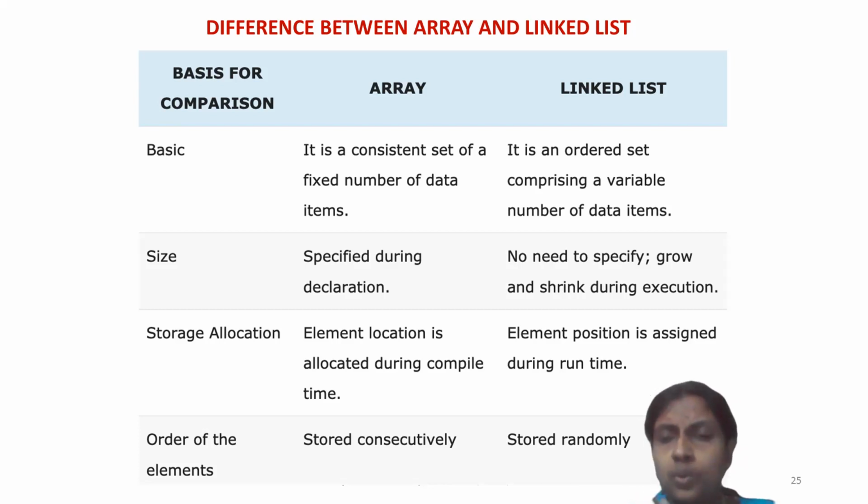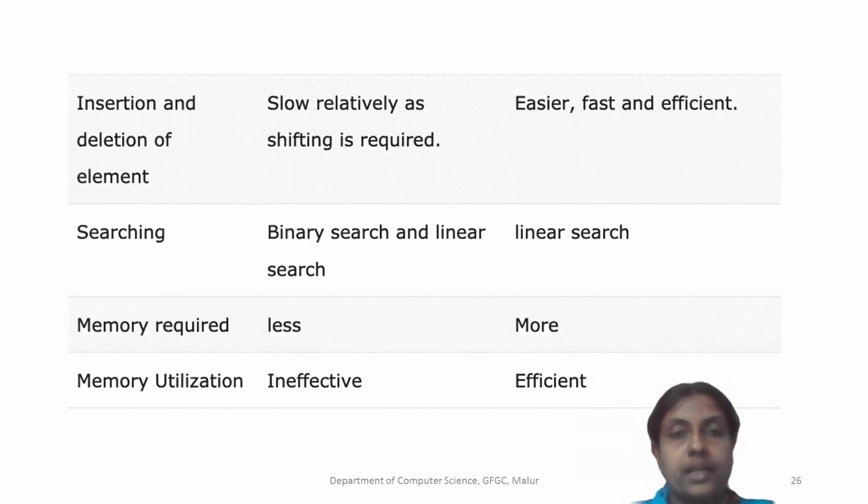Anyway, you need to know the first address. Start will carry the first address. From the first address, you will know the second address. From the second address, when you come, you will know the third address. So wherever it is, you will be able to reach the location. So it is stored randomly.